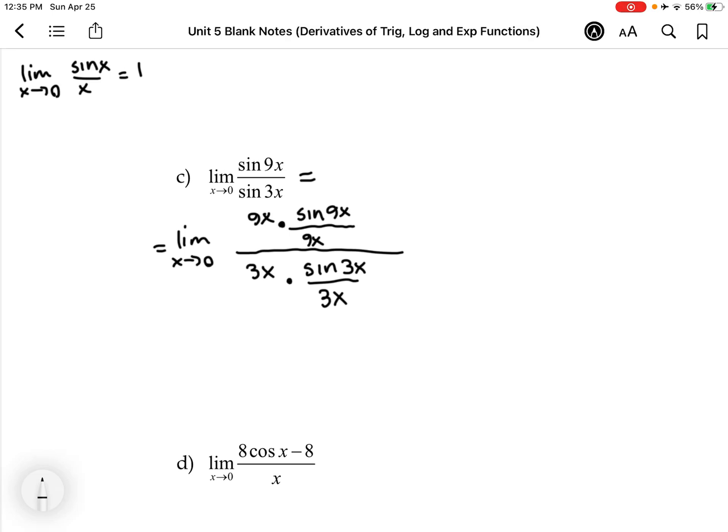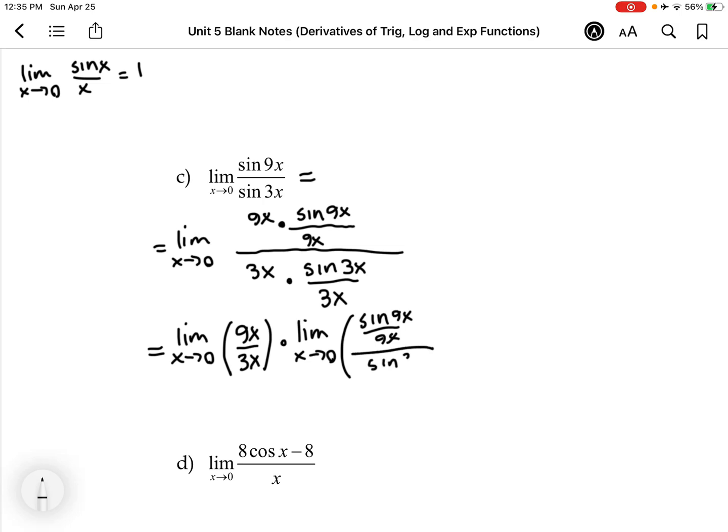All right, so now if we want to approach it this way, we can break this into two separate limits, where we're going to have the limit as x approaches 0 of 9x over 3x times the limit as x approaches 0 of sine of 9x over 9x over sine of 3x over 3x,